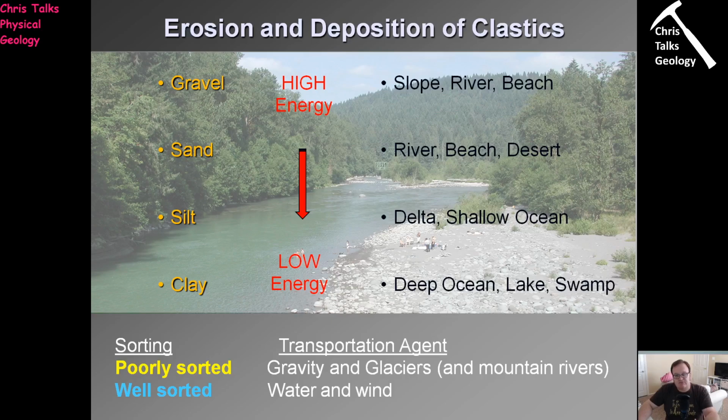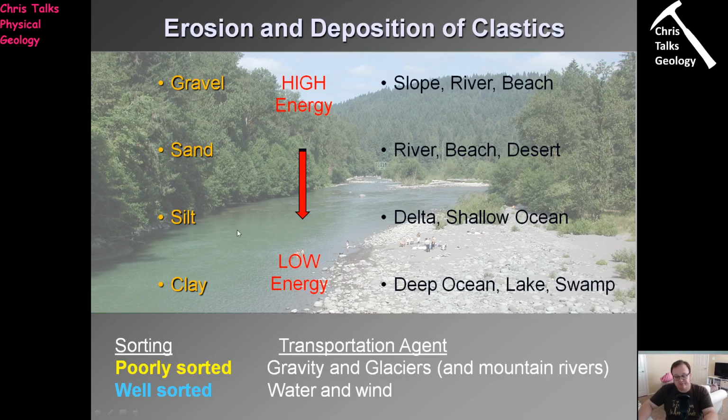But the transporting medium does not have the capacity to move large stuff. So it can't move gravels, cobbles, and boulders. So we would never expect to find gravels, cobbles, and boulders in the sediment because they could never be there. So a desert sediment, for instance, would be dominated by sand because we're moving the clasts by wind, and wind would not have the capacity to move the very, very large particles